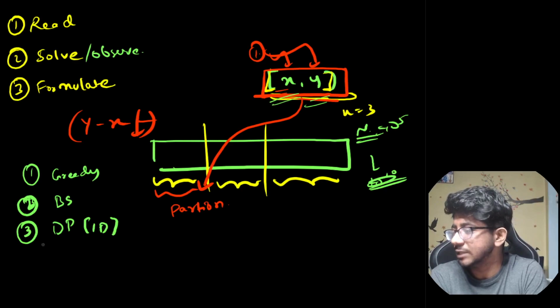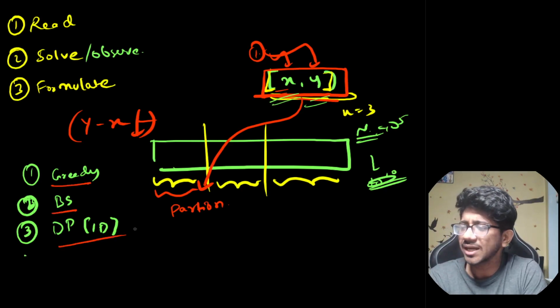Seems to be difficult, but let's keep it an option. Graph doesn't seem to be anyway. So these are the three options that we have altogether, right? Only options that we have. Now we have greedy, binary search, and DP in option. And I feel DP is not going to be there because the number of ways in which you can kind